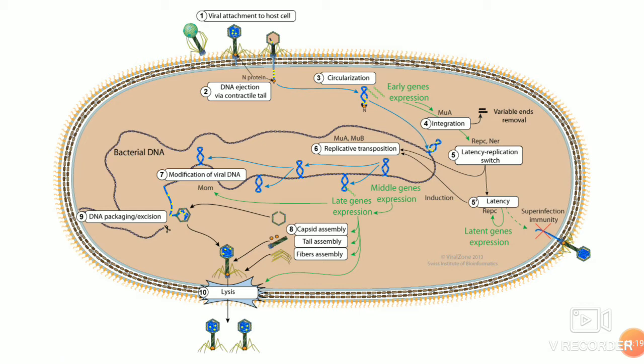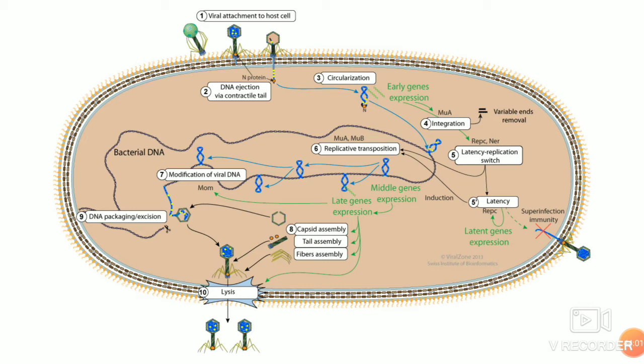Coming to step 7, replication is also happening, and late transcription allows the expression of certain adenine modifying enzymes, which modify the adenine in the viral DNA in order to make it resistant to the host restriction enzymes. The new viral particles that are formed are thus protected, that is, the viral genome copies. Now parallelly there can be induction, that is production of the coat proteins and all, assembly and excision of this viral genome, and then lysis. That is the whole cycle.